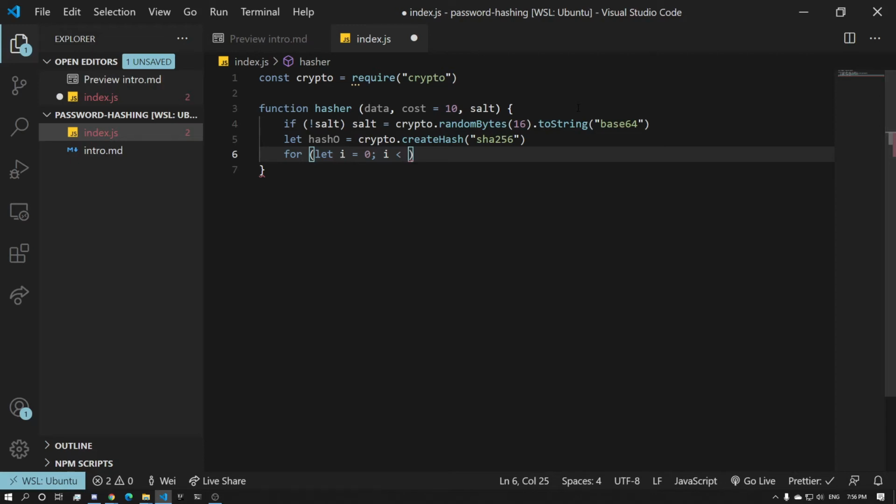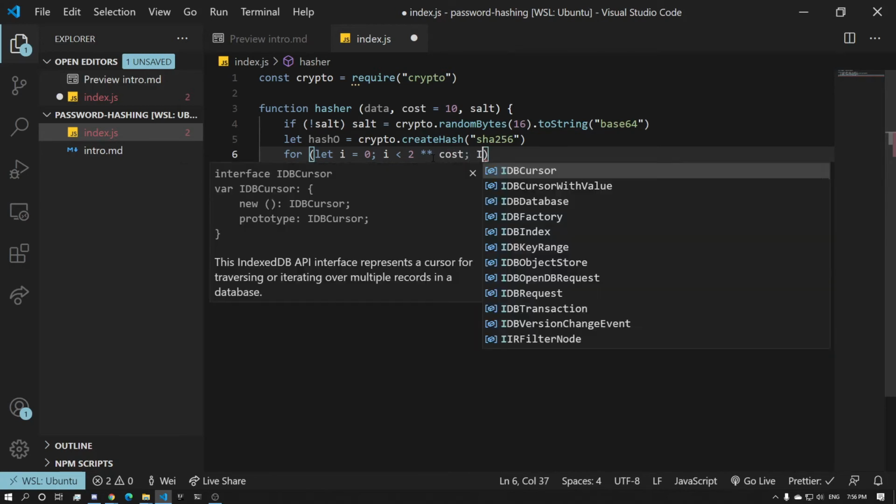Oh, I made a little mistake. Yeah, it's 2 to the power of cost. What was I thinking? Let's fix this, 2 to the power of cost. I will publish this repo with the corrections. Alright, so 2 to the power of cost, i++,